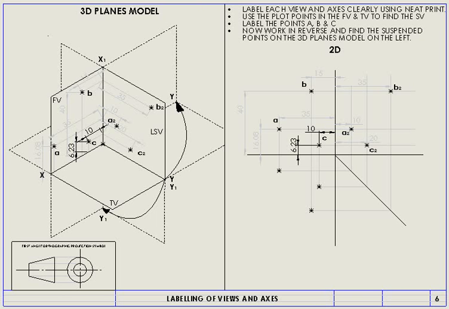Now guys, we're going to be talking about the orthographic projection of points, and we're going to be converting those points on the left hand side to our 3D planes model. And I think what's important to realize here is that we are dealing with a first angle orthographic projection. As you can see on the bottom left, we have the first angle orthographic projection symbol, and therefore on the